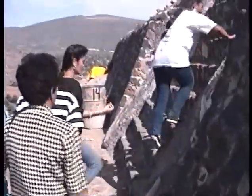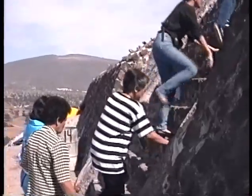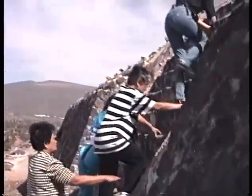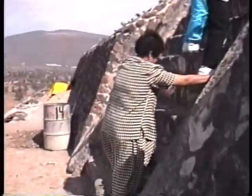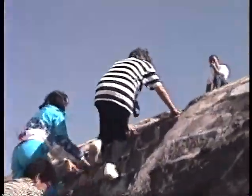Walking like monkeys. How about some butt shots? Let's see who got the biggest one. My back is not